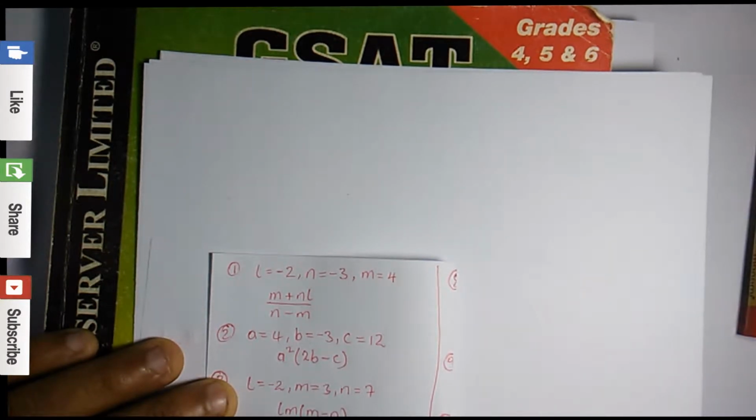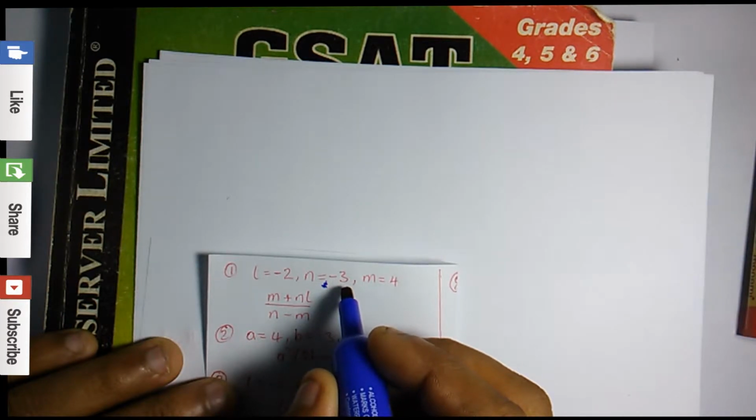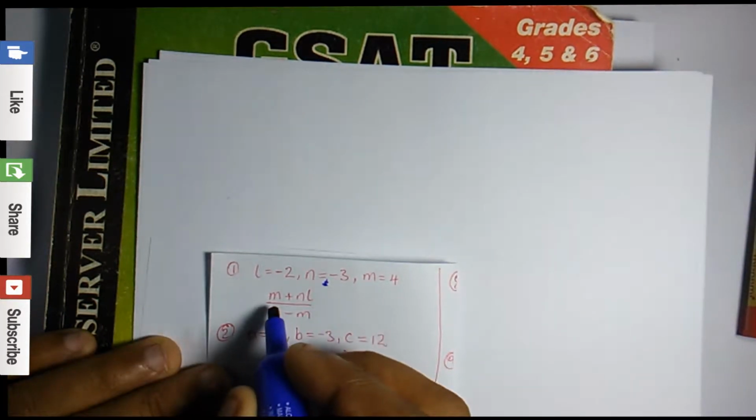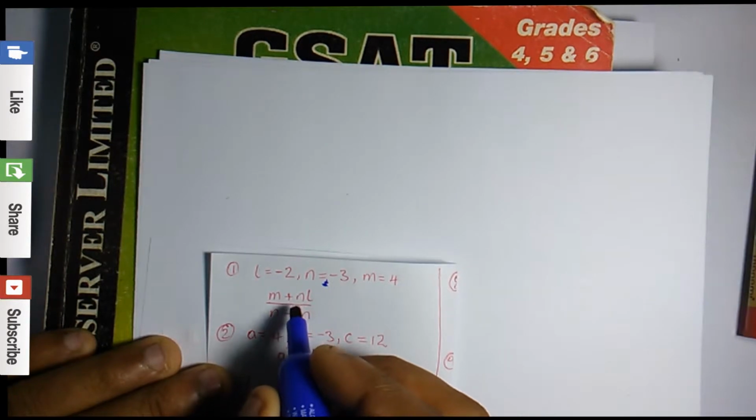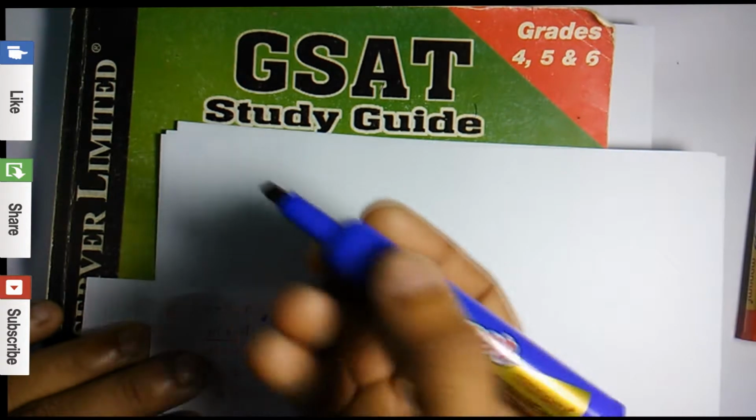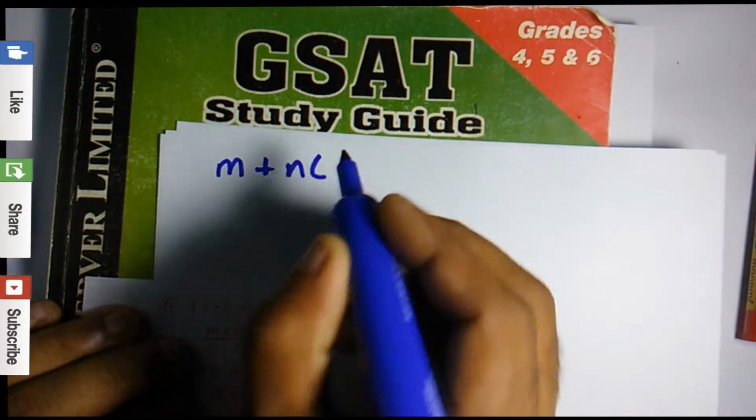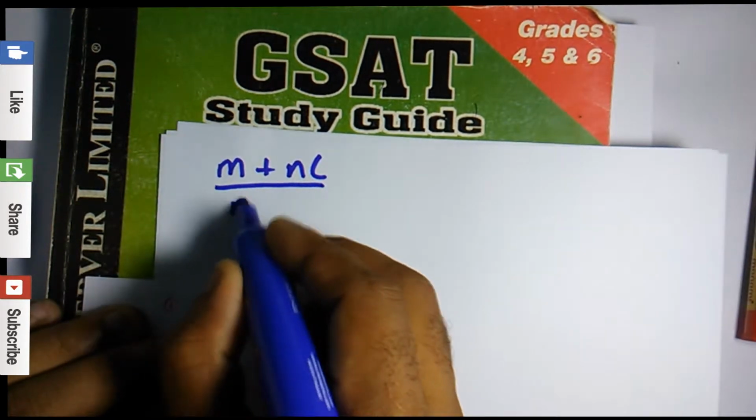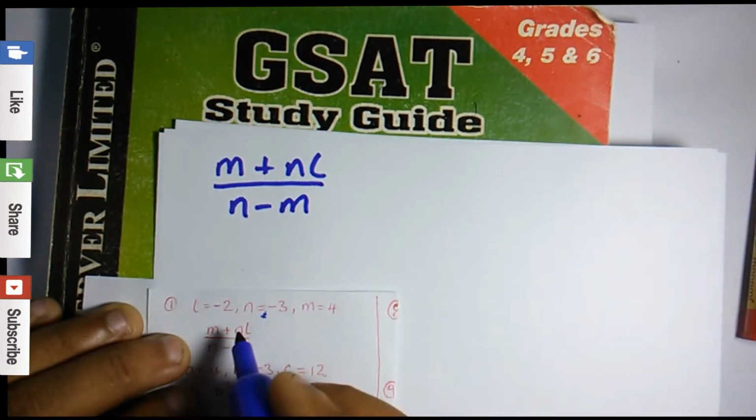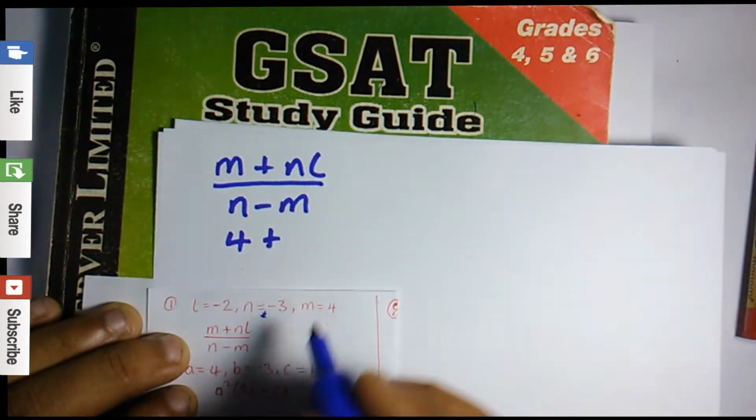For this question, they said L is -2, N is -3, and M is 4. Evaluate M plus NL, all divided by N minus M. So the formula that they gave us was M plus NL over N minus M. Now M is 4 plus NL, which is